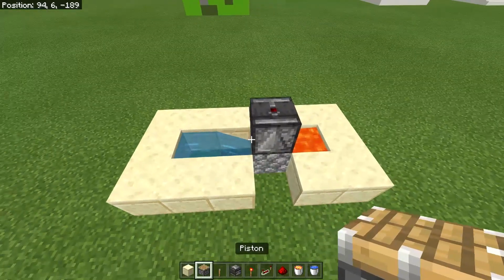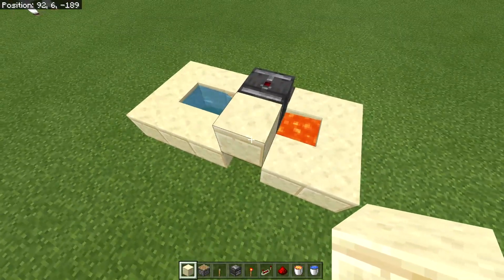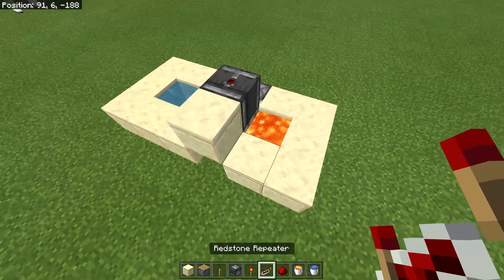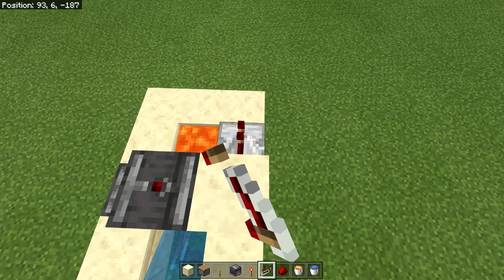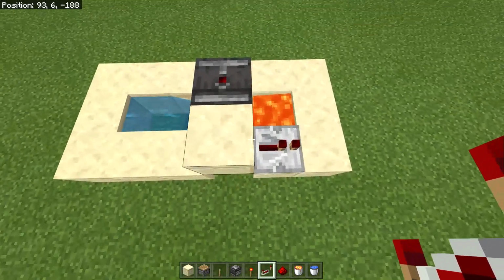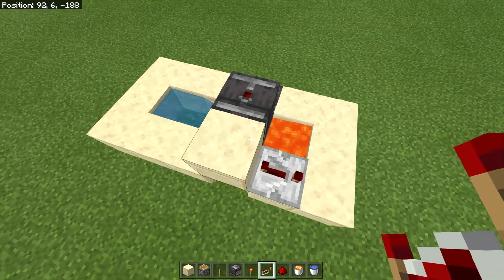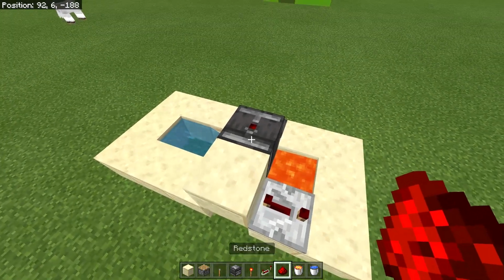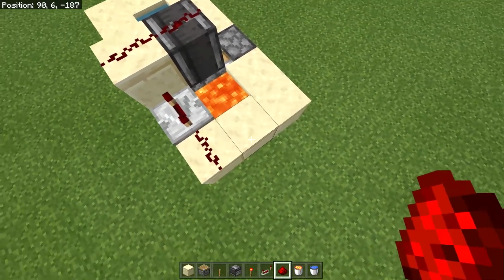Now take your building blocks and place one here on the side of the observer, and now you'll take your redstone repeater and place it facing this direction here like so, and you're going to put this up to maximum ticks. Okay, now you'll take your redstone, put it on the observer on the building block and along here like so,